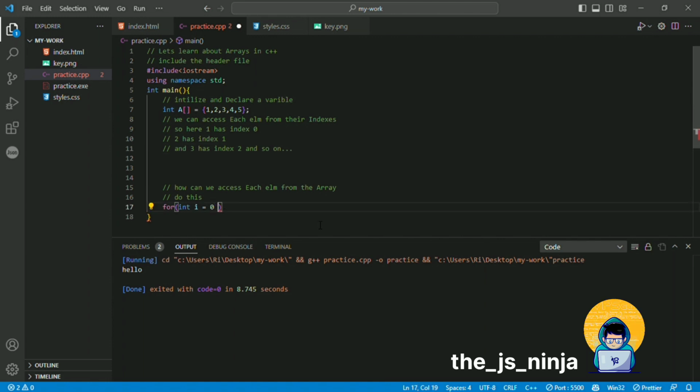So in order to access them, we'll use the for loop covering from 0 to 4, which will be less than 5. We have 5 elements, so we'll take 5. Because we are starting from 0, that is why we are not including 5. We are taking less than 5. It will give us 0 to 4 elements. You can see if we take out and print the elements of the array,